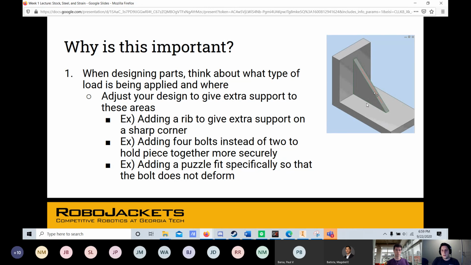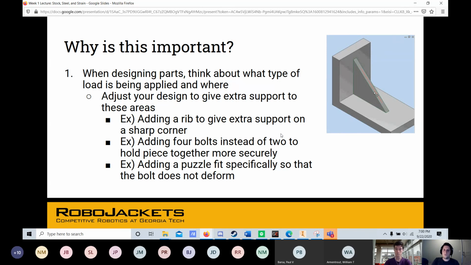Since there's not a lot of cross-sectional area or moment of inertia for that section, it's going to be able to deform quite a lot, and it'll obviously go under a lot of stress. So one thing that people do in these kinds of sections is to add a little rib over here so that some of the load gets distributed to that, and you won't have as much stress when you're actually bending it. Another example is you can add 4 bolts instead of 2